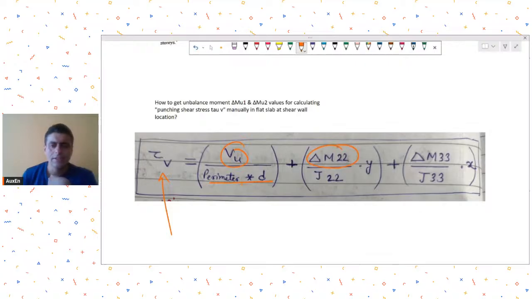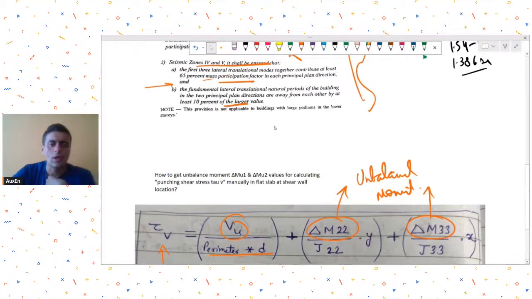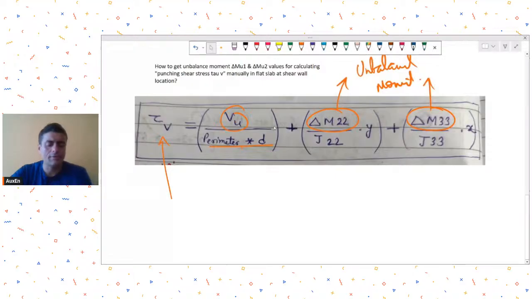Then these are the unbalanced moments. Okay, these are my unbalanced moments. Now generally these softwares, they calculate the unbalanced moments on their own. So for columns, when you define your members as columns, the software is able to do these things on their own. The question being asked over here is that if you want to do it for shear wall, how to calculate